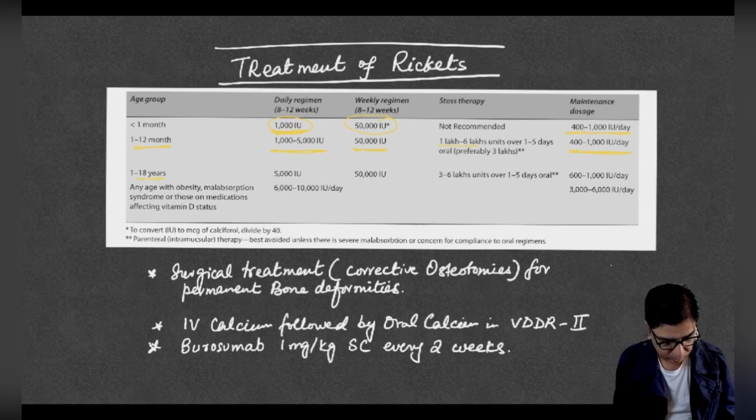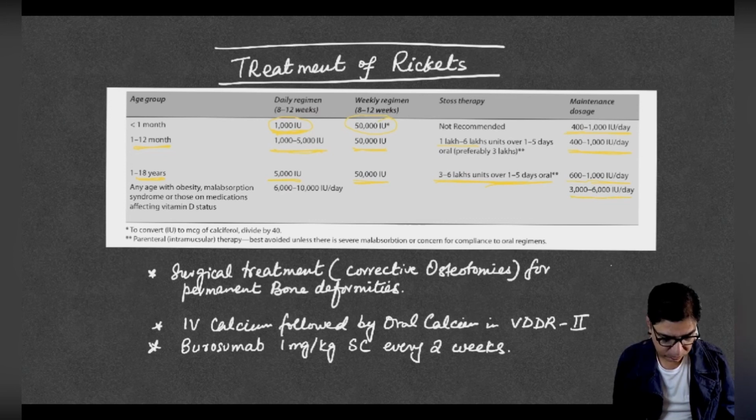Similarly, for older children, we give them 5000 units per day or 50,000 units weekly. Again, it's the same 8 to 12 weeks or 2 to 3 months of treatment. Or you can also give them 3 to 600,000 units over 1 to 5 days orally, followed by 600 to 1,000 international units per day, or in some cases 3,000 to 6,000 international units per day, for those who have certain